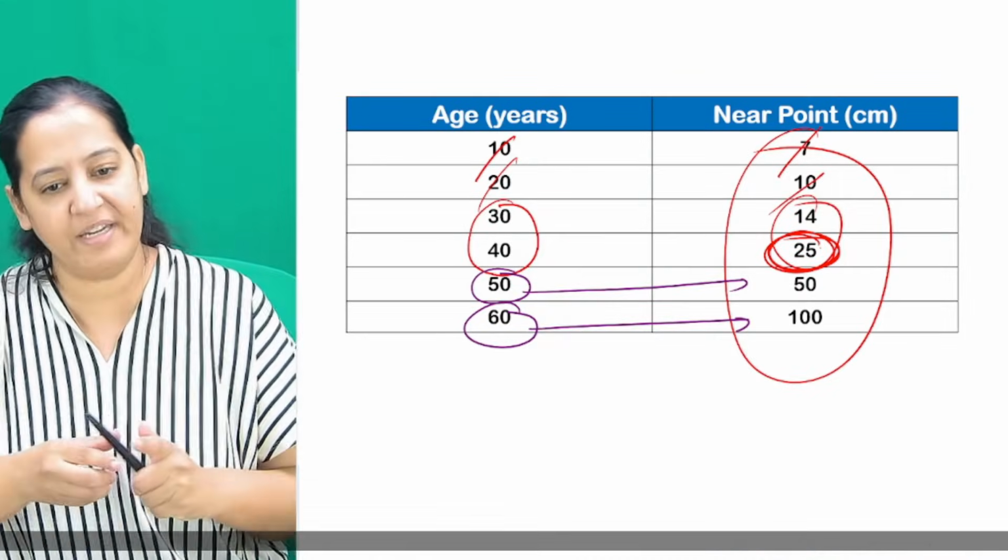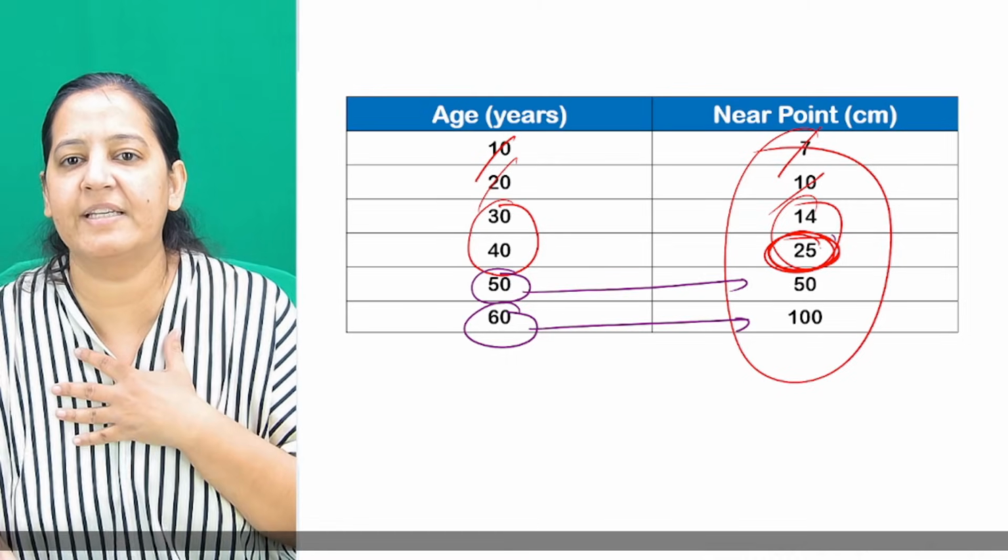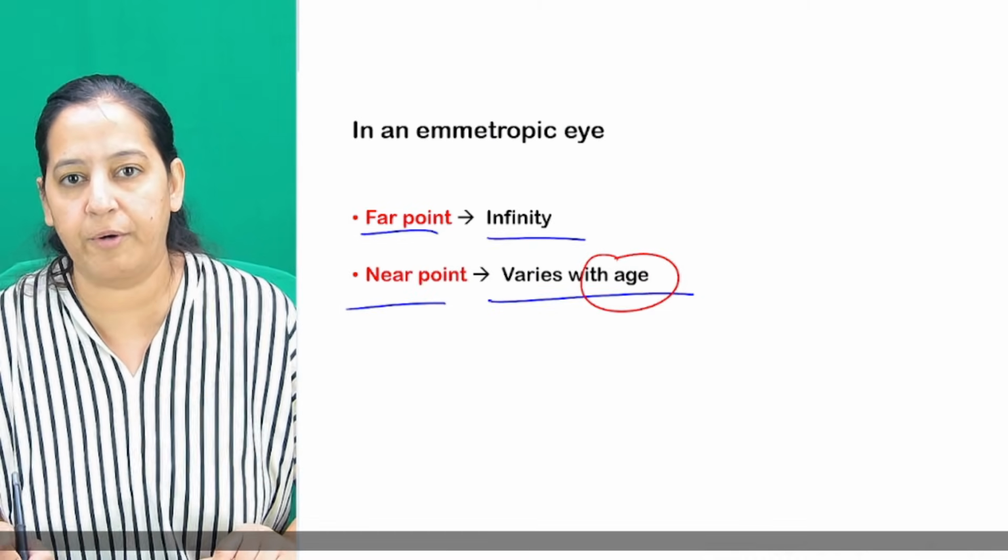So this distance from my eye, I'm asking you to measure with the help of a scale, from the surface of my cornea till the pen. Because just beyond this, if I bring it closer, it's blurred. At this point it's clear, but beyond it is blurred. So this distance is the near point for my eye, depending on my age. This is how we calculate the near point. For me, it's 25.